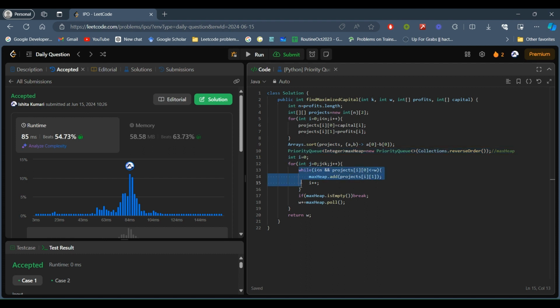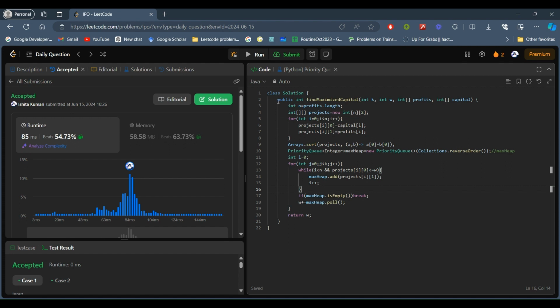And whenever we go through the while loop, each and every element of the projects will get added to the max heap. So totally we have n log n time complexity, because we are feeding all the elements to the max heap.